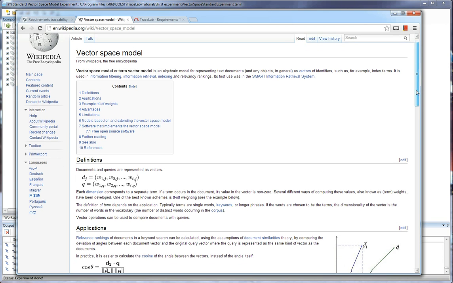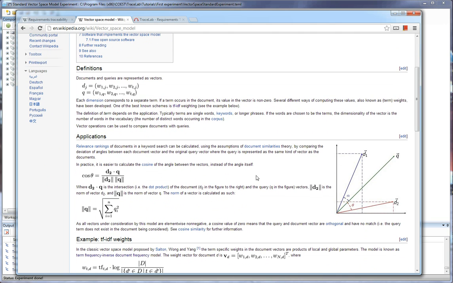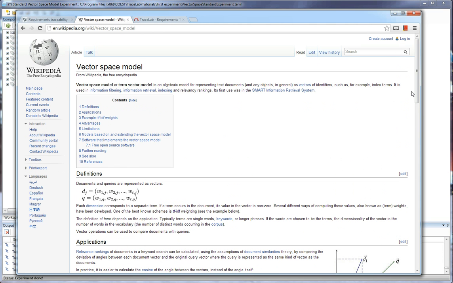Finally, for similarity score computation, we are using cosine similarity, which is one of the most common ways of computing similarity, but there are also other ones. For more information, I would recommend you read Wikipedia or find other articles and publications about the vector space model. The final thing before creating the vector space model experiment is to know some of the basic data types